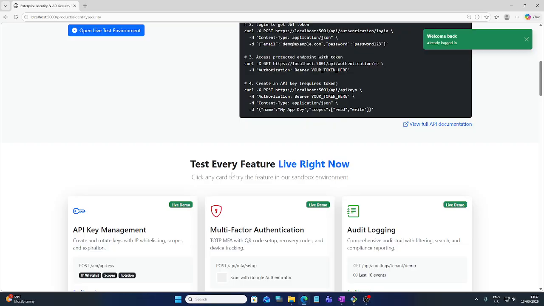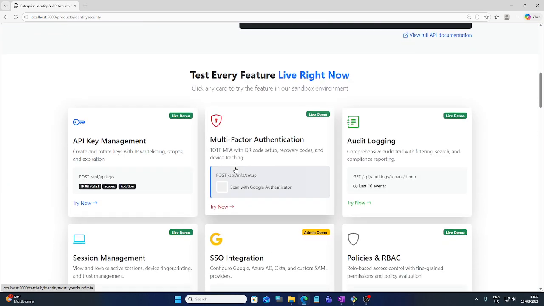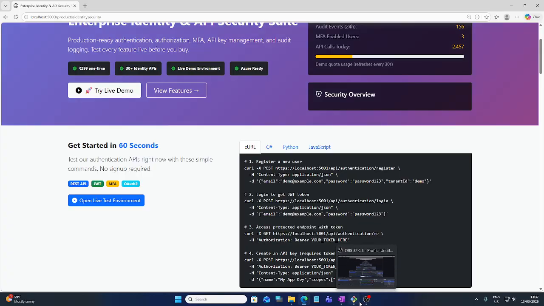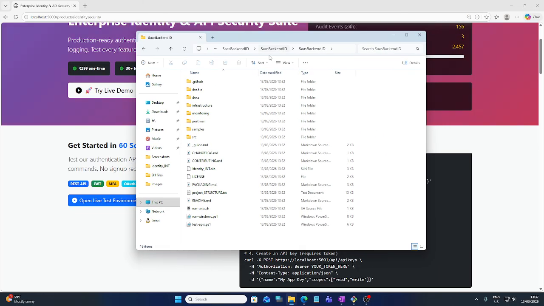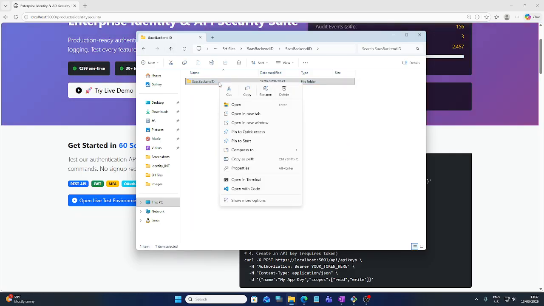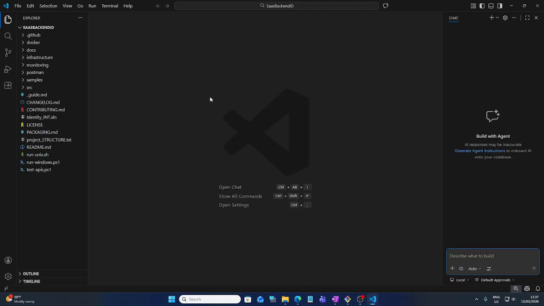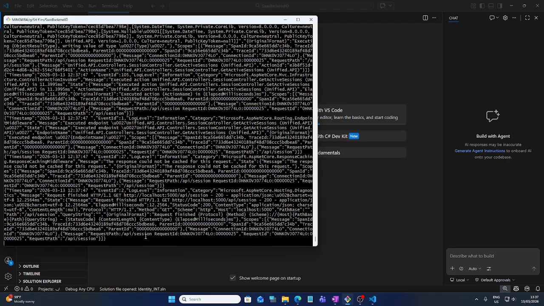As you can see, we are back to the enterprise identity and API security suite, which is what we are actually showcasing here. Just before we end this, I will just show you what we have in the folders. As you can see here, all the packages are here, and if you do wish to maybe explore this file, if you have Visual Studio Code, you can explore the file right here. I will stop the application right now since it's still running,